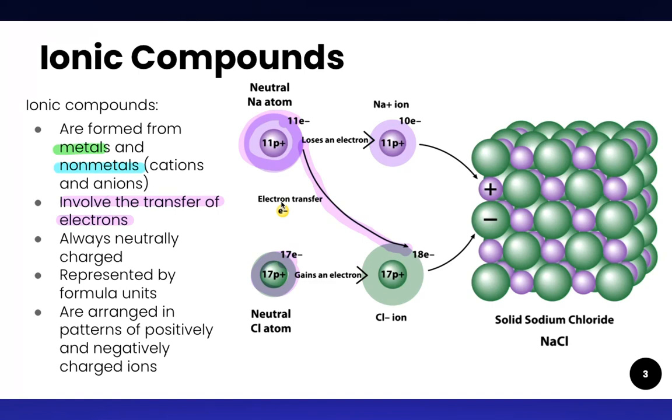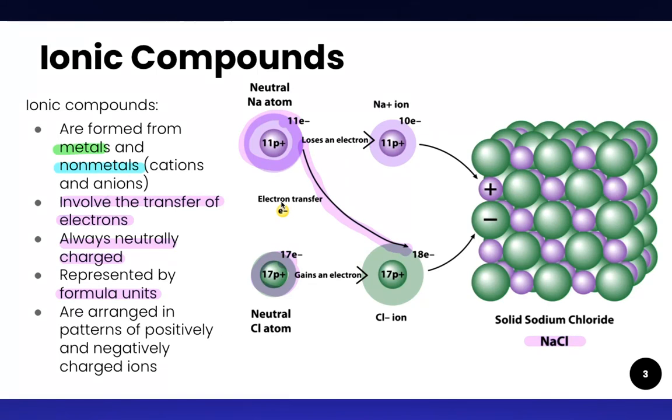Ionic compounds are always neutrally charged, so the positive charge equals the negative charge, and they are represented by formula units. So you would represent this compound as shown down here, NaCl,